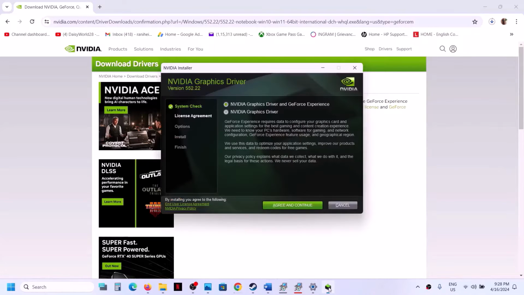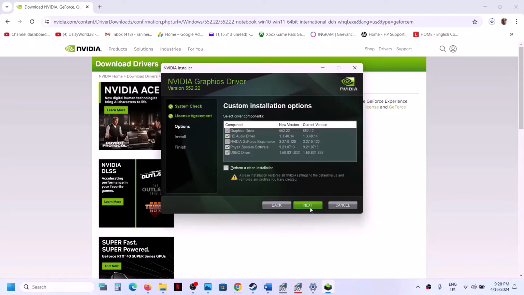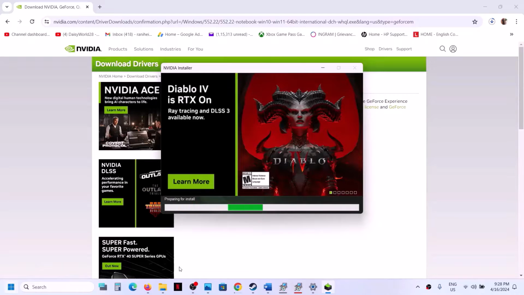Now once you run the exe file, you will see this screen. Now click on agree and continue and then select custom. Select custom over here and then click on next and then put a check on the box which says perform a clean installation. Make sure that you put a check on perform a clean installation and then click on next, and once the clean installation is done, now you can restart your computer, and after the system restart you can